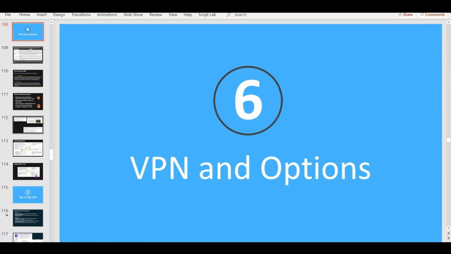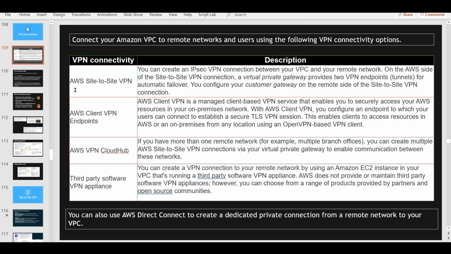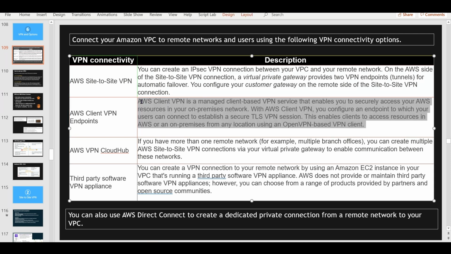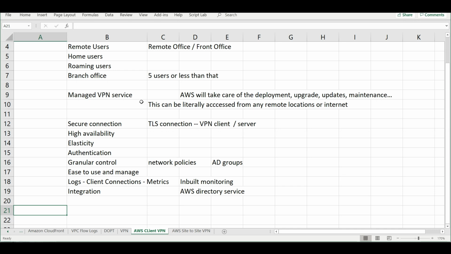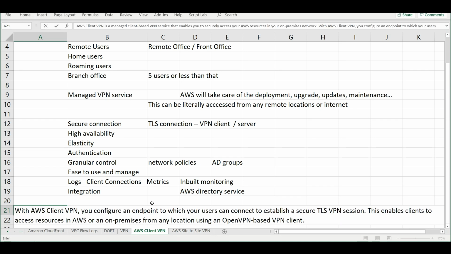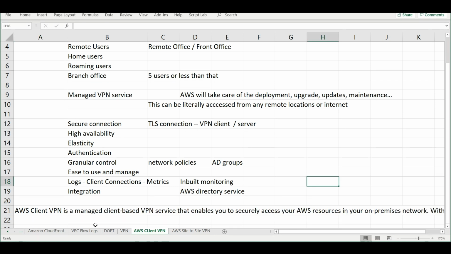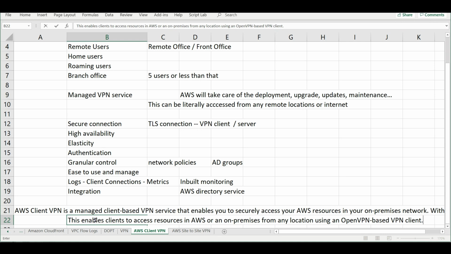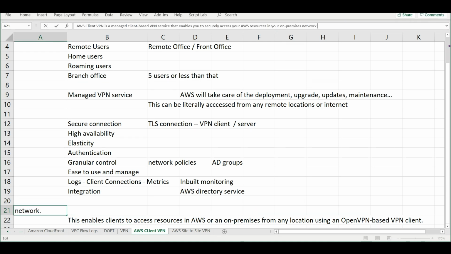Let me check if I have missed anything on the slide. Okay, client VPN endpoint. You can configure an endpoint to which users can connect. Let me see if I have missed anything from here. Yeah, that is fine. So this will help you to enable access for the remote users and so on. Okay, fine. So with AWS Client VPN,